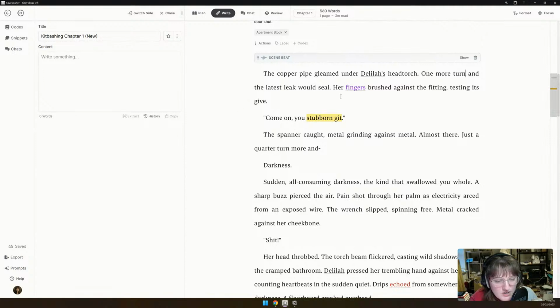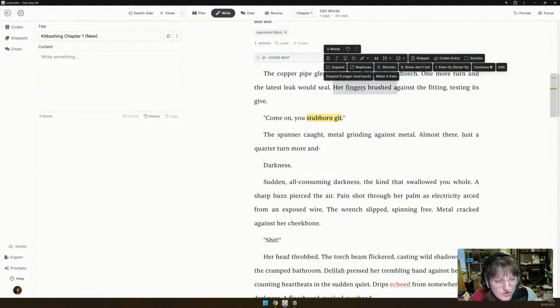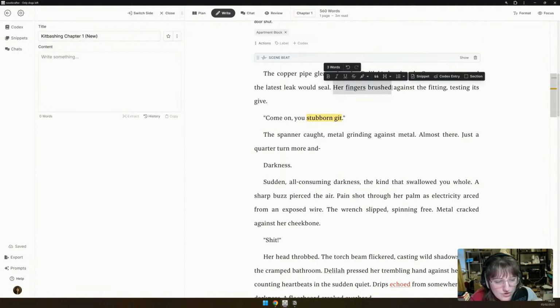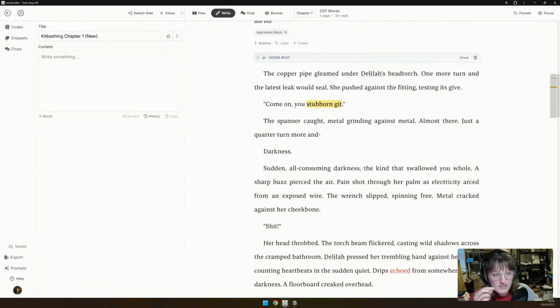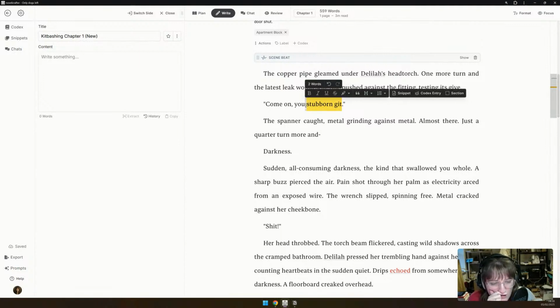Fingers brushed against. She pushed against the fitting, testing its give. Okay. Come on.